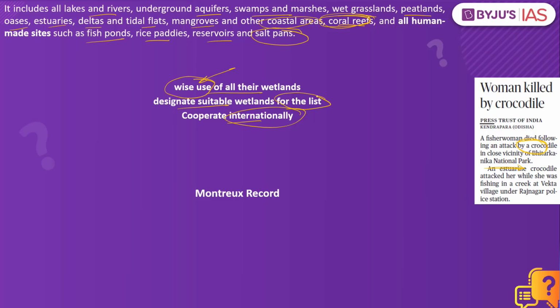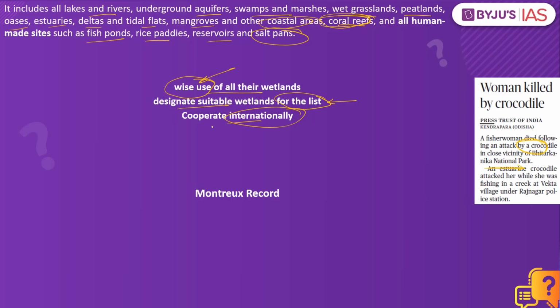So this particular site will be located in a particular country. It is not only of national importance, but it will have global international importance as it is important for the entire humanity. So select a particular place and that will be part of the Ramsar list. That is why Bhitarkanika National Park is part of this Ramsar list.